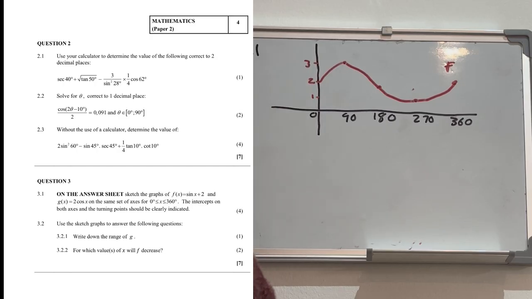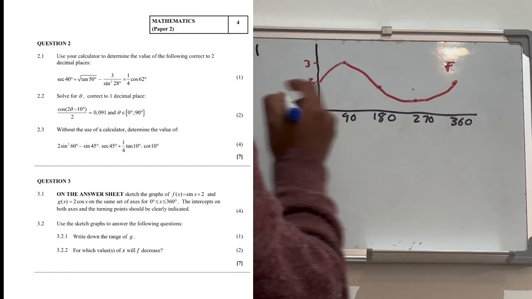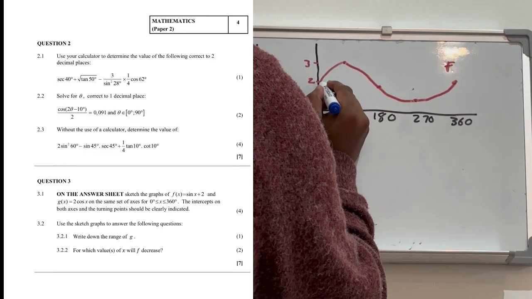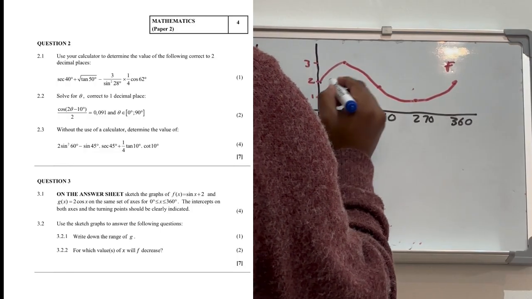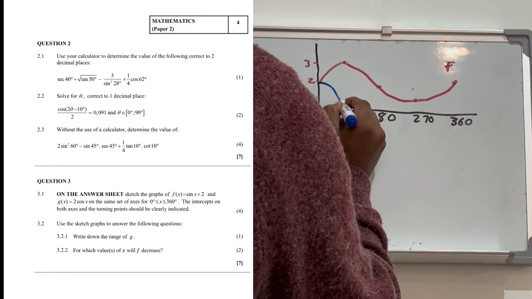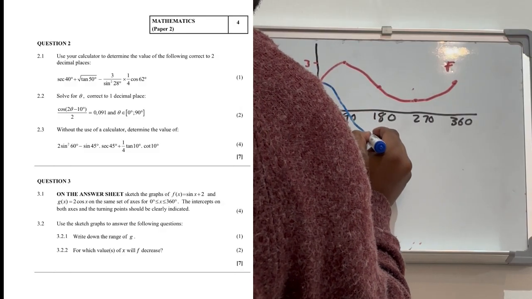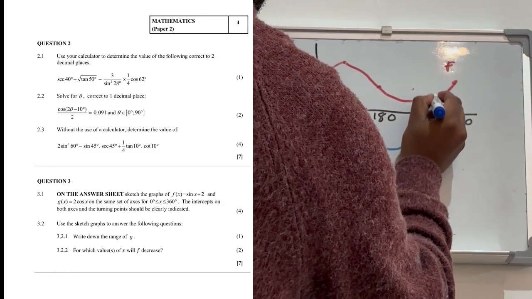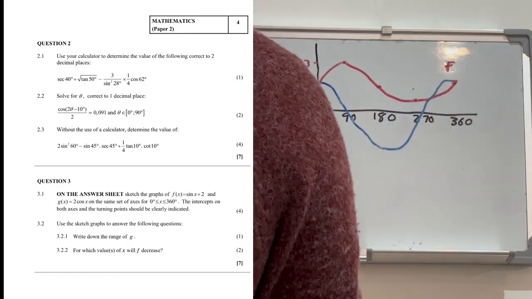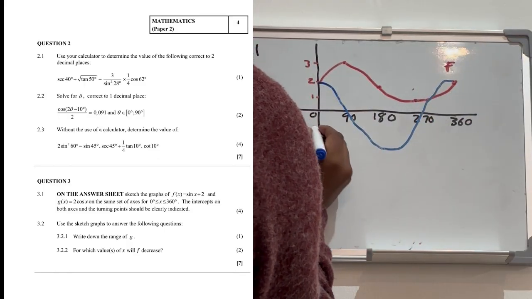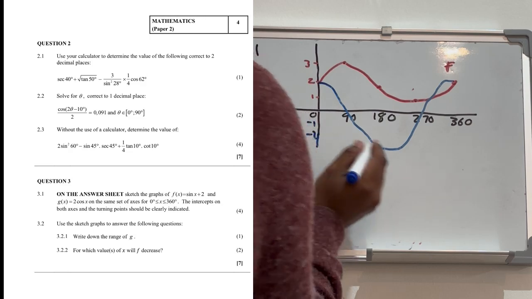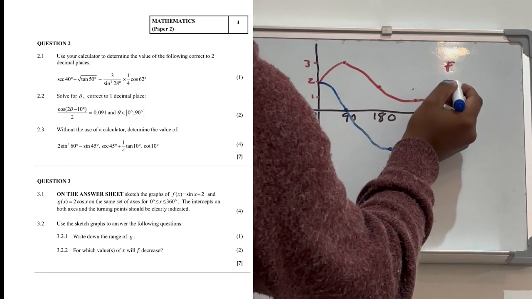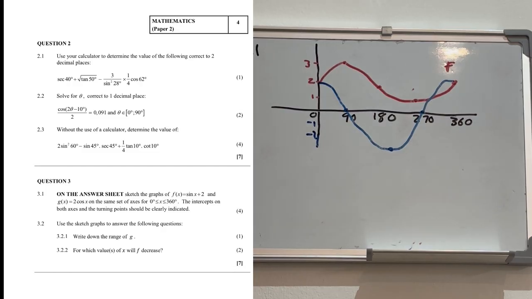So with 2 adjust, with the cos here, adjust your amplitude. You're still going to start at 0, but we start at 2 now. Okay, so we start at 2, we go through 180, and we end at 2 like that. Okay, so that is minus 1, minus 2. It's going to turn at minus 2, it cuts at 90, cuts at 270, and it ends at 2 again. Okay,